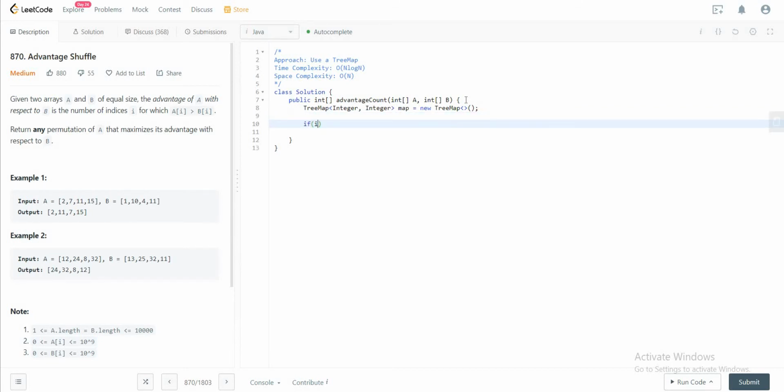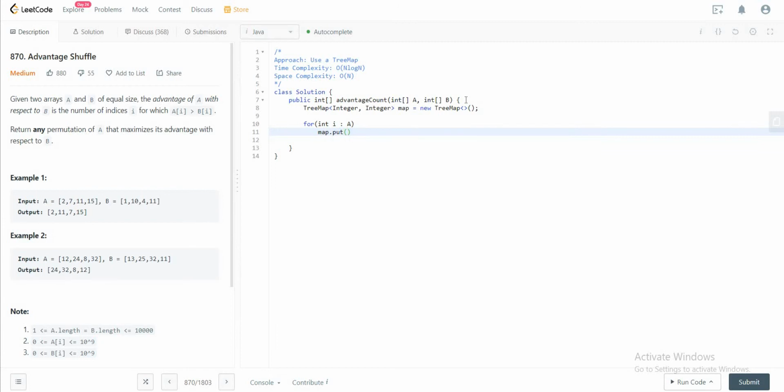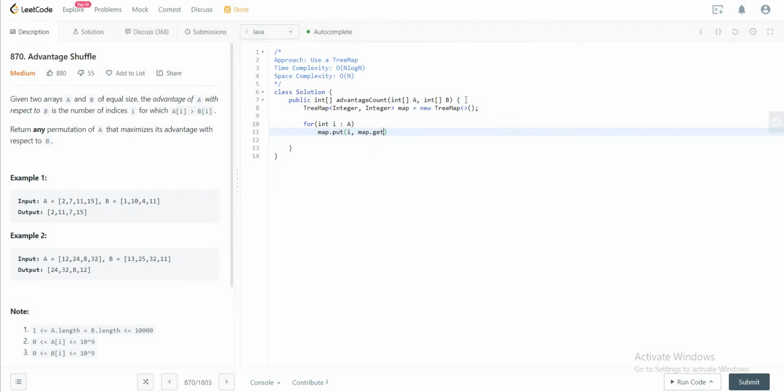So for int i in a, you just want to add all of that to the map. So map.put. Since there could also be repeating numbers, you want to make sure you account for that as well. Map.get